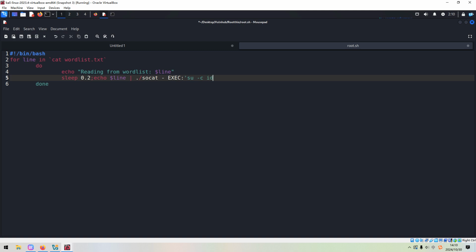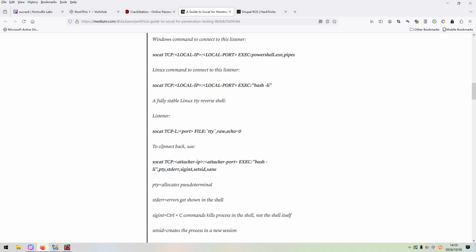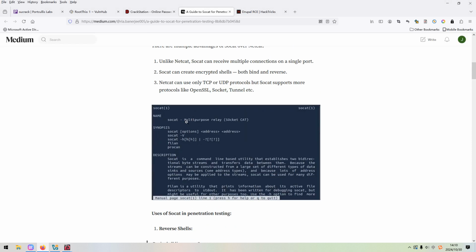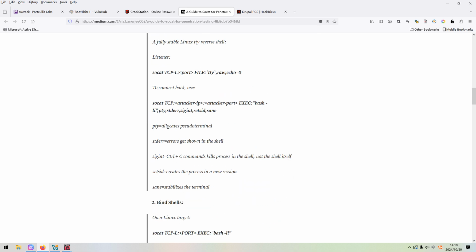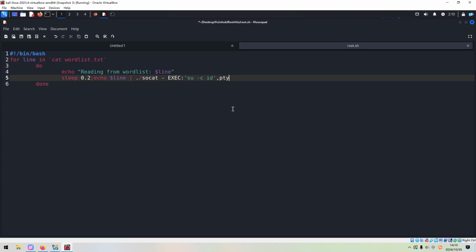We can run the command id. If the id command is executed successfully, we'll get output like root. Okay, and pty will allocate a pseudo terminal. Okay, so I think that's it.